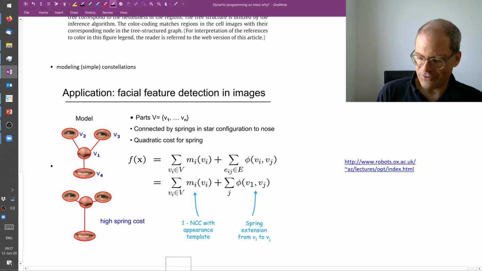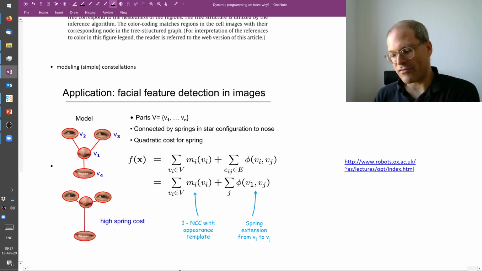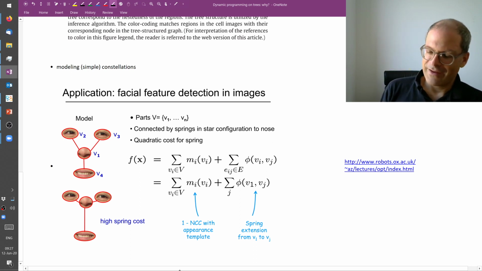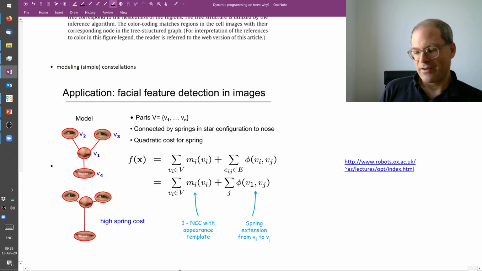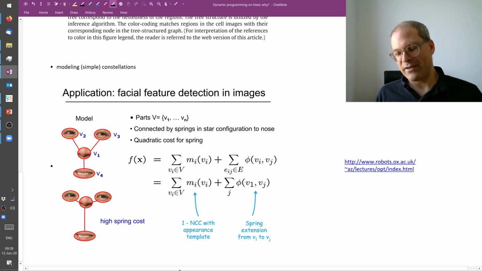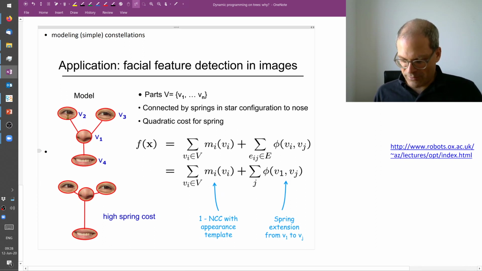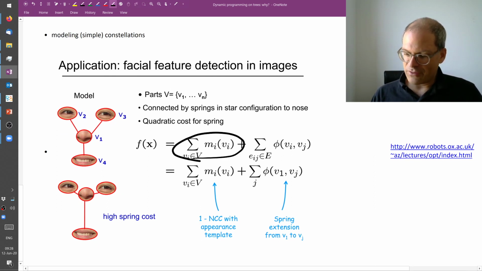And because here we have these nodes, so eye, nose, mouth, and the vertices, and because in this particular graph there are no loops, this is why this is a tree, and this is why one can efficiently optimize energy functions such as this one, where for each possible eye position and mouth position and so on, we get a score. But we also want to take into account the relative